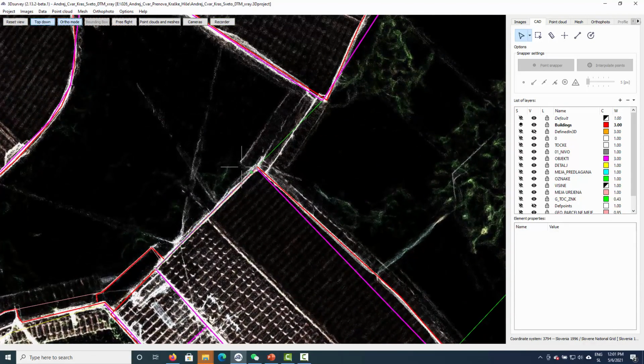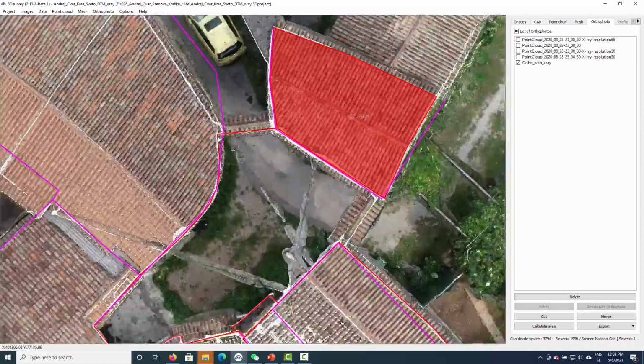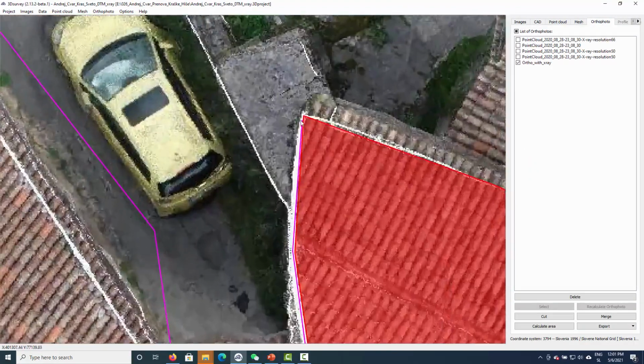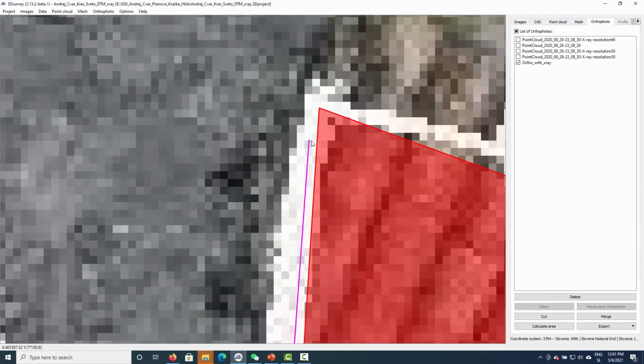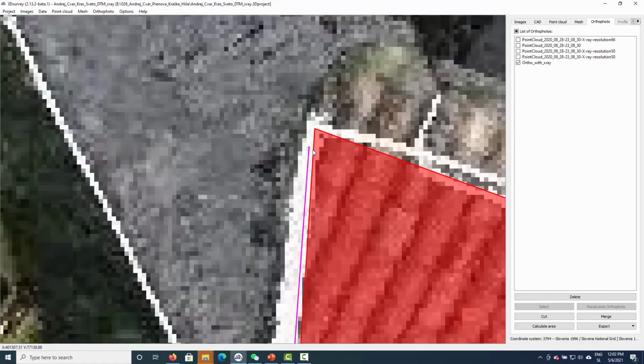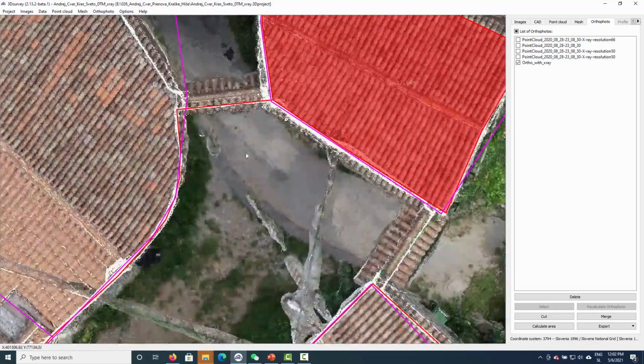What we can do now is check what kind of differences we have. If I zoom in here, so here was a point measured, so this corner here, we see that we maybe have about 2 centimeters of difference. Let's go to, okay, so here was the point measured by a land surveyor and here's ours, so they are pretty similar. I would say that ours is more accurate one, but of course